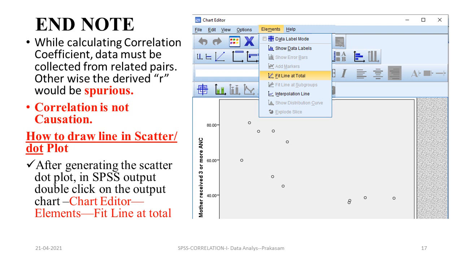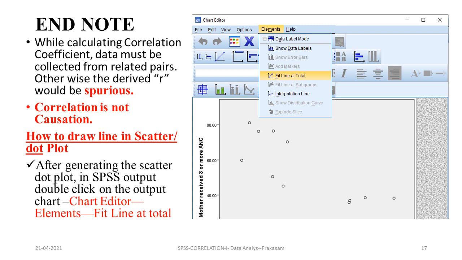Then how to draw the line in the scatter dot plot? This is additional. After generating the scatter dot plot in the SPSS output, double click on the output chart. In SPSS itself, the chart will be generated; click that. From that, double clicking on the chart, you will get the chart editor.